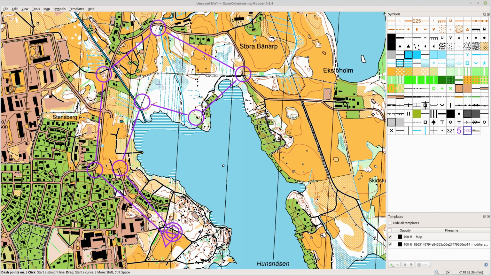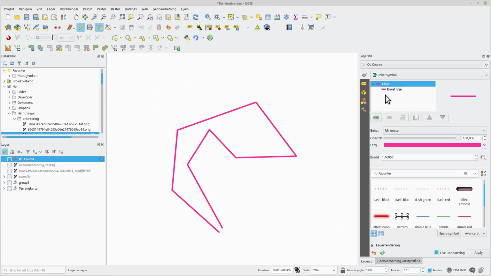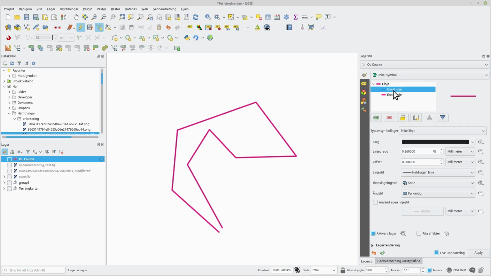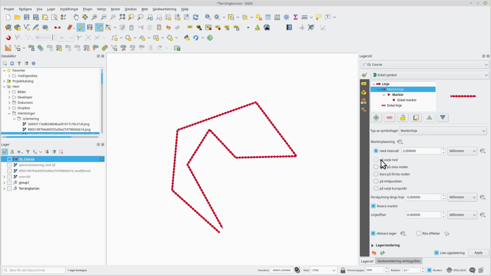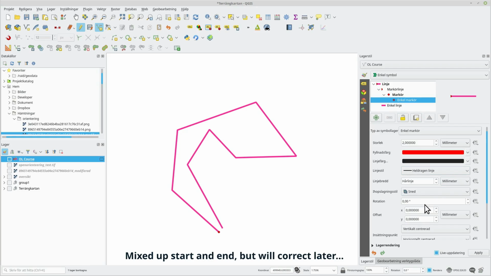And that is actually quite a bit of a problem for QGIS. But I've tried it, and it is possible to fix. So I think we will start with the easy ones, and that's the start and end points. So we will add a symbol layer, and it should be a marker line, and it should be only at the first node, like that. And the marker should be, and now I need a calculator,